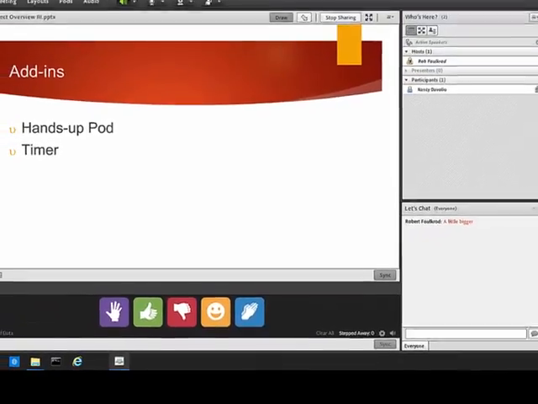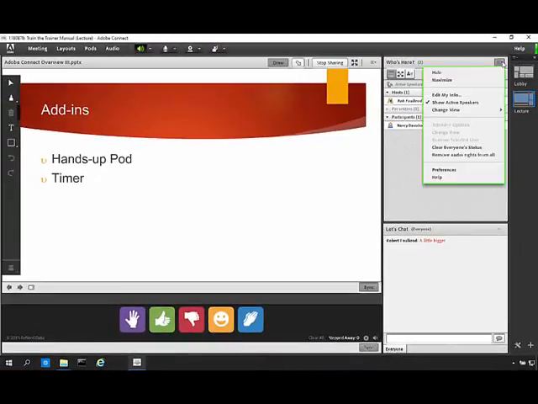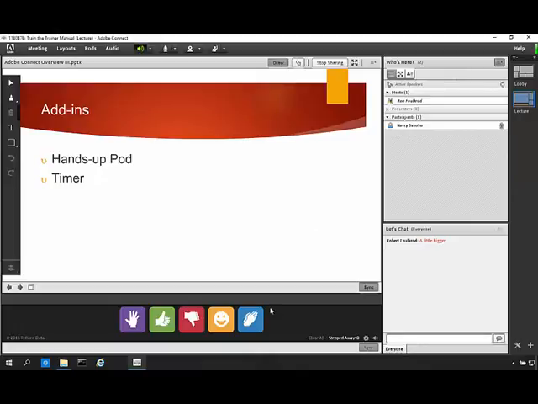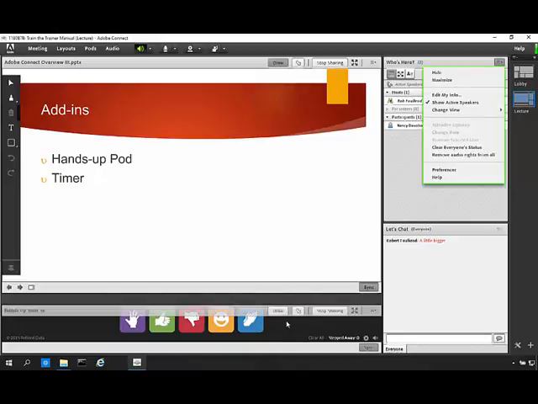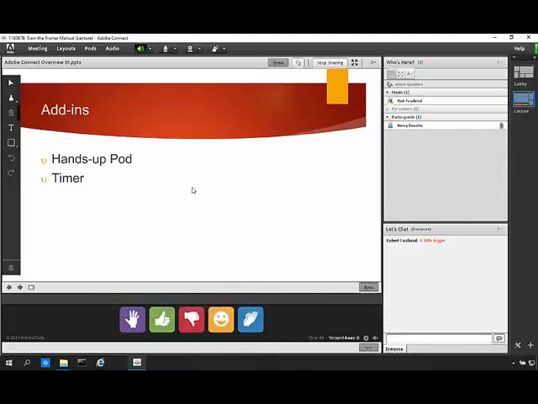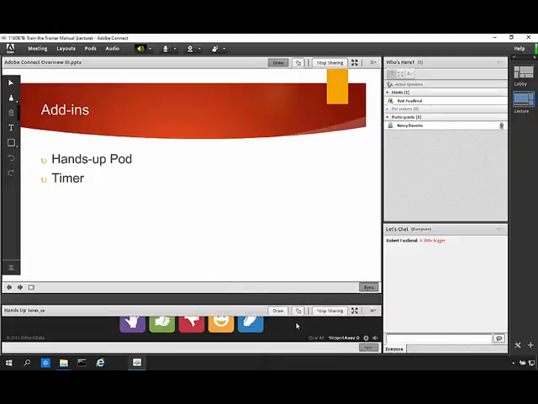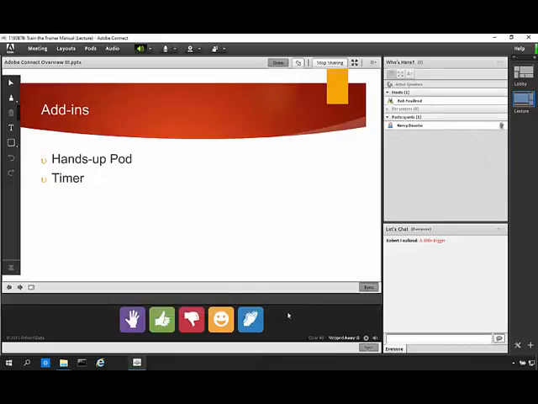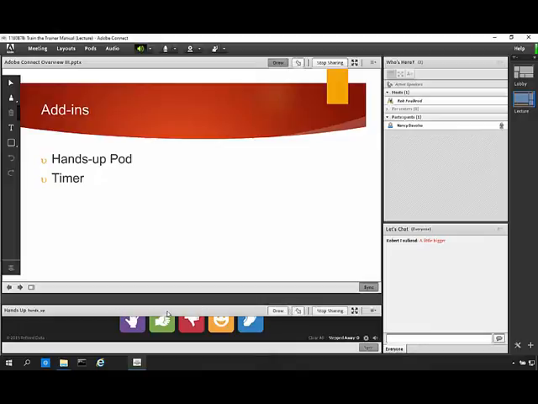it there. Also doable, if this weren't visible, you could do the same thing by going to the Who's Here pod, and you could go ahead and clear everyone's status. So that's available there. But it is a lot easier to work with through the Who's Here pod. There's just a couple little catches in here. As I move my cursor over the Who's Here pod, you'll see that we get the hands up toolbar, which